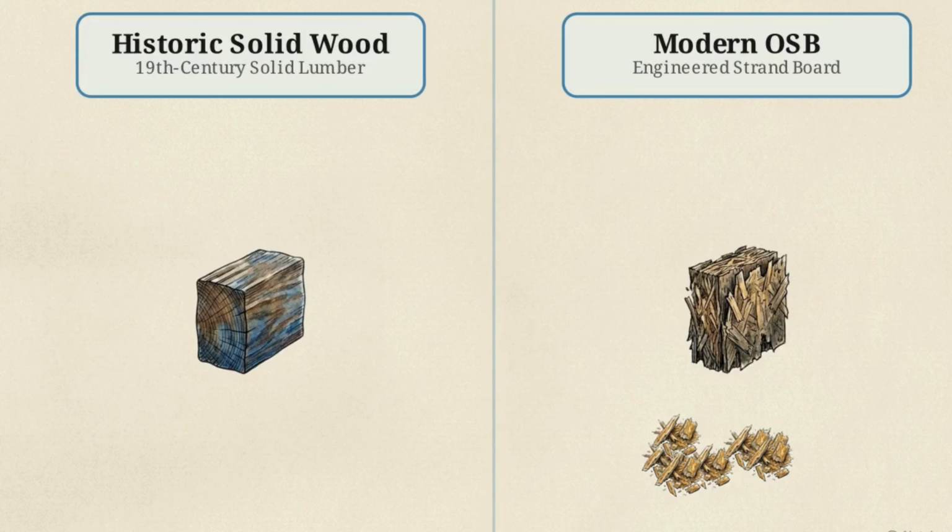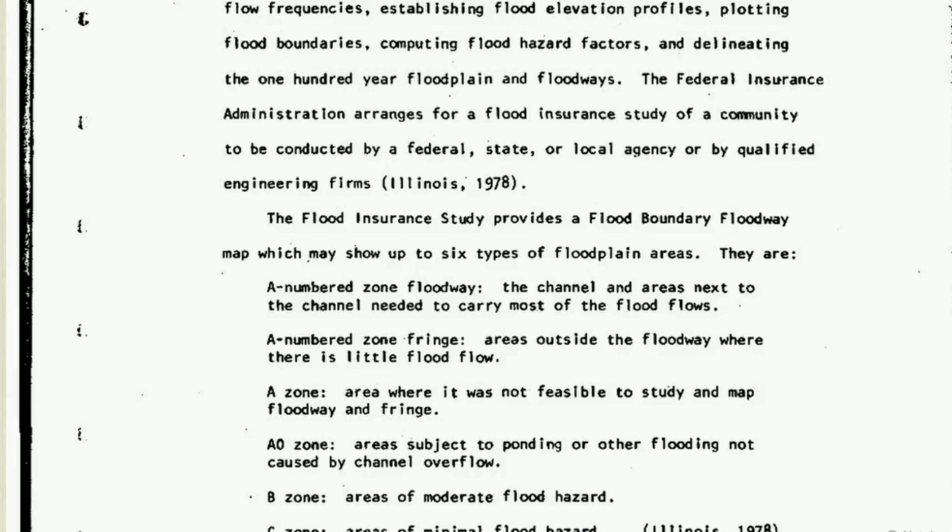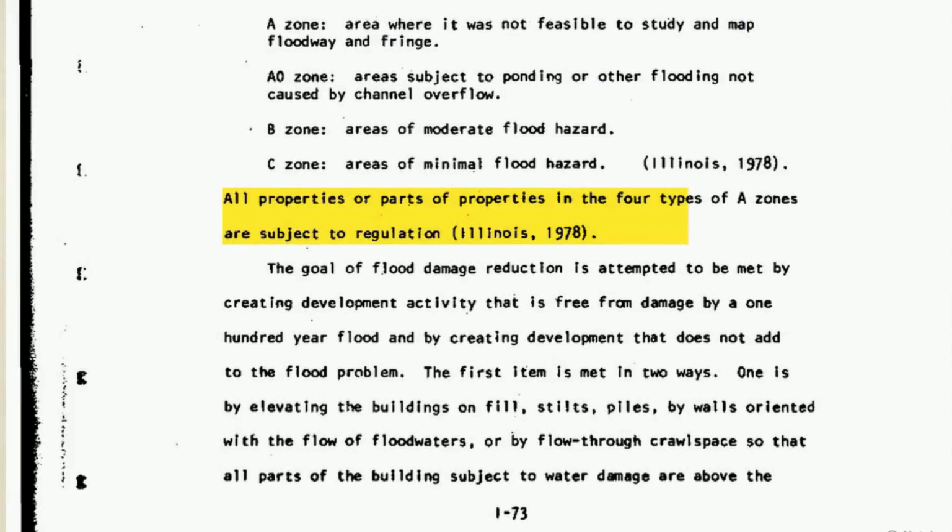almost immediately upon saturation. This scanned environmental report details Zone A flood hazard areas, which are subject to a 100-year flood. Properties located here require strict regulatory compliance that dictates how you manage the damage and impacts the owner's insurance